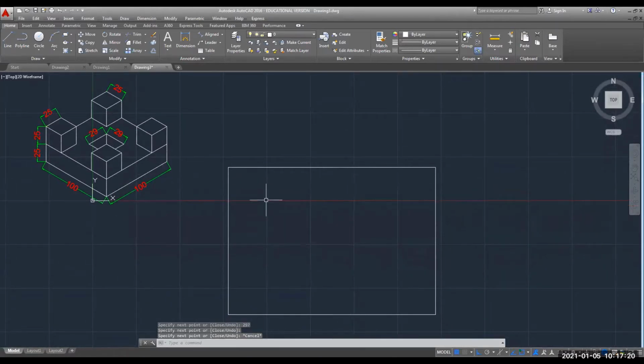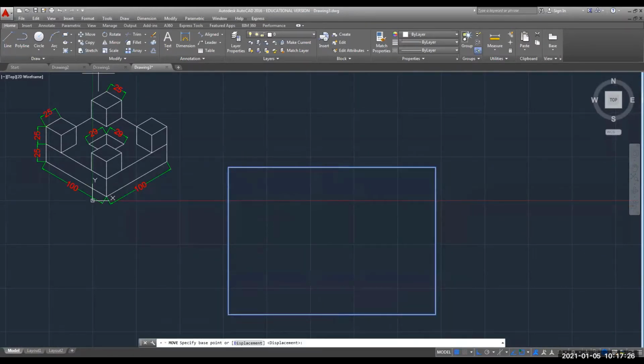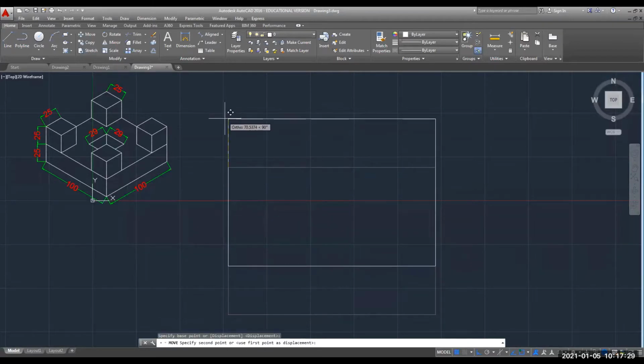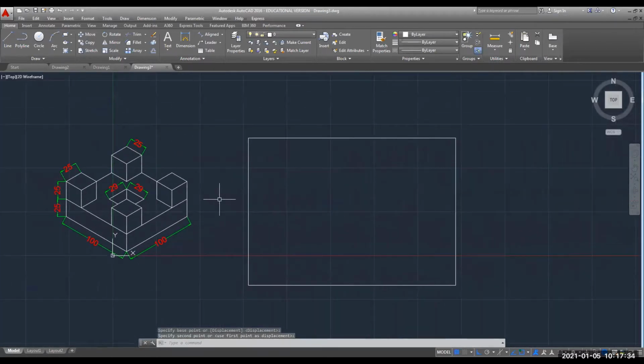So this is the box where I will draw my figure. I will bring it a little bit to an upper location. Now, if you remember, after this, I need to draw what? Can anyone tell me? Take midpoint. Yes, we need to draw a reference line through the midpoints of the two vertical lines. So here you have to draw a line.